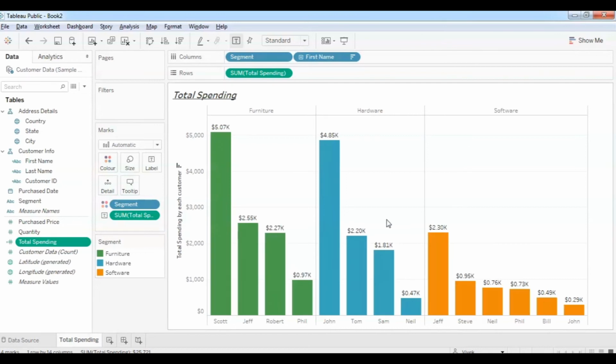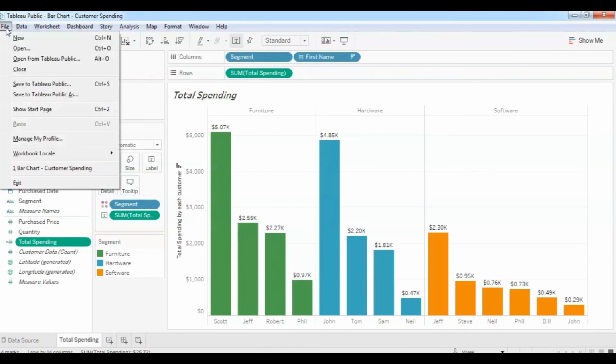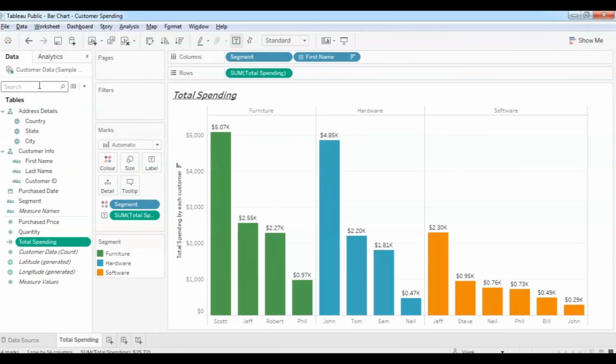It is very much clear that Scott spent most in furniture, John spent most in hardware, and Jeff spent most in software. So it is very much clear from the chart perspective. Let's see how to save it to Tableau Public. So now we have to save it to Tableau Public. Click on the file here, save to Tableau Public,